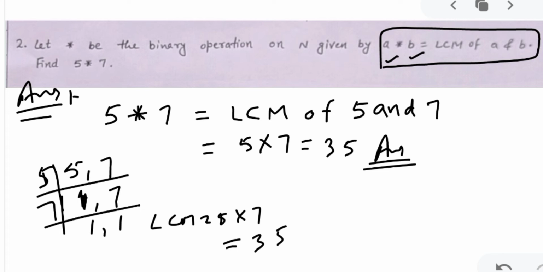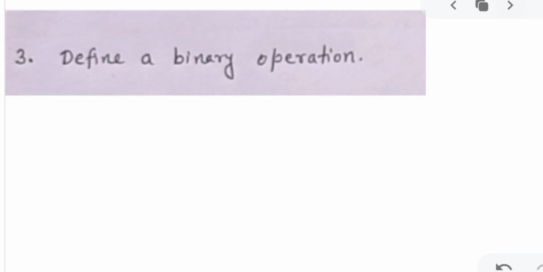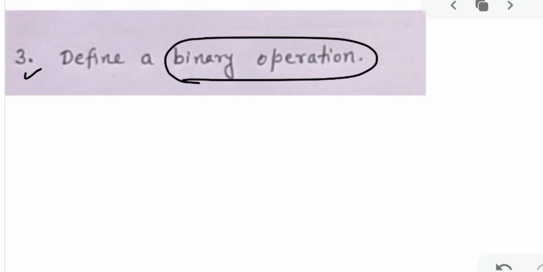We are moving to the third question, and I will do it slowly. You have to give time also if you want to understand. Now the third question. They can ask you a few definitions also, like define a binary operation. So you have to write the definition. What will you write?